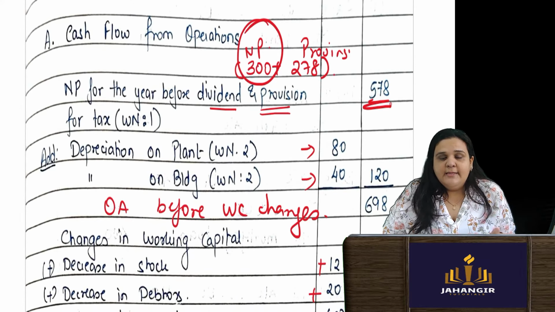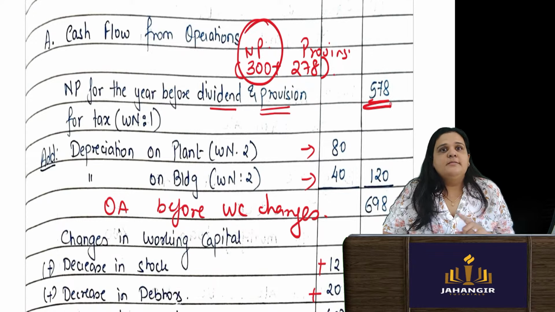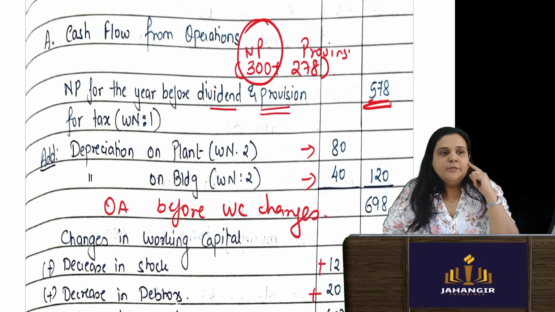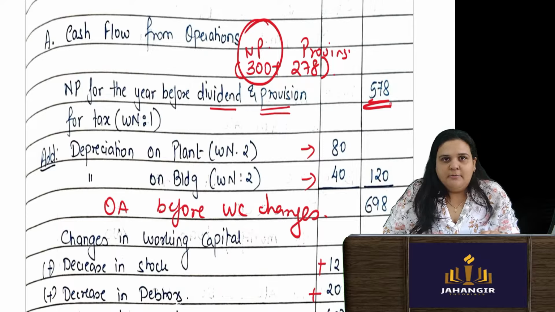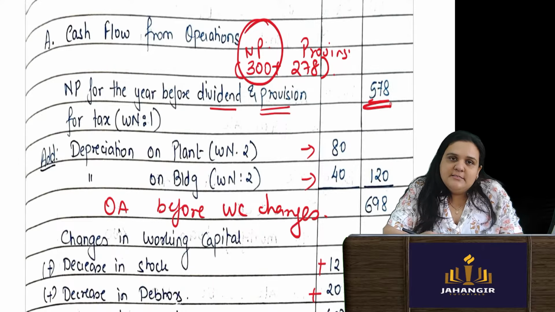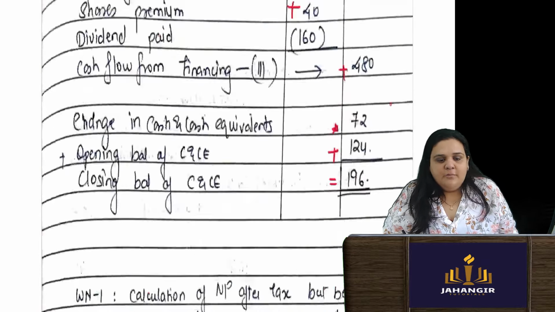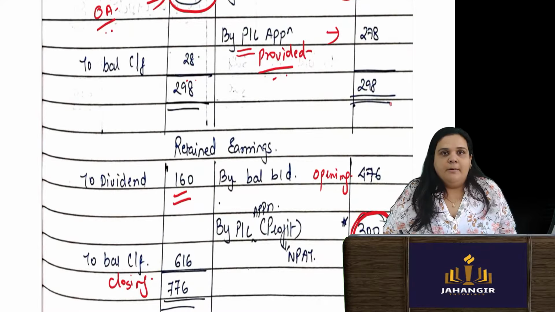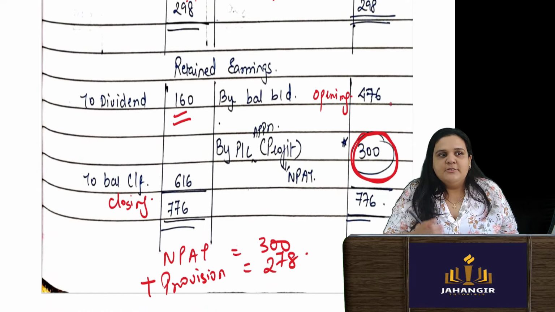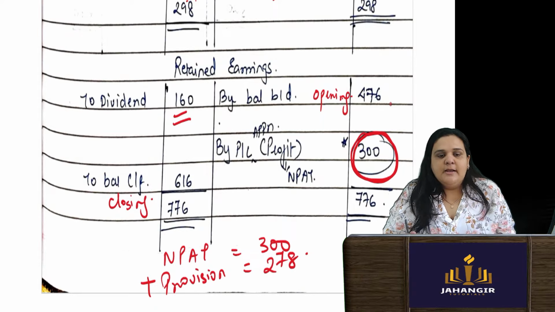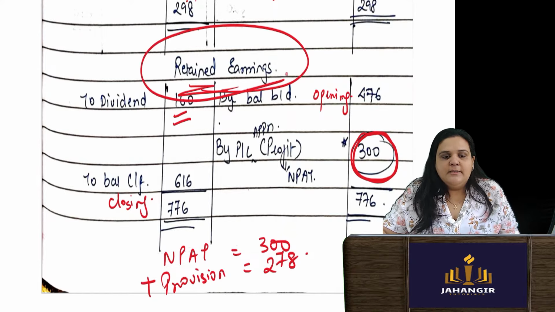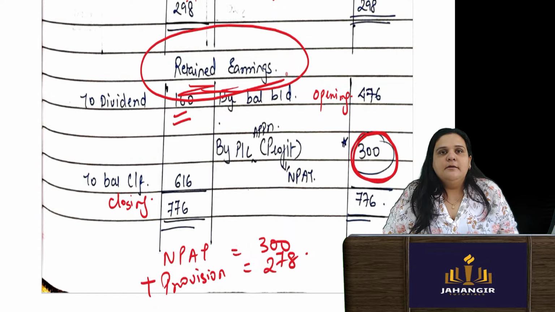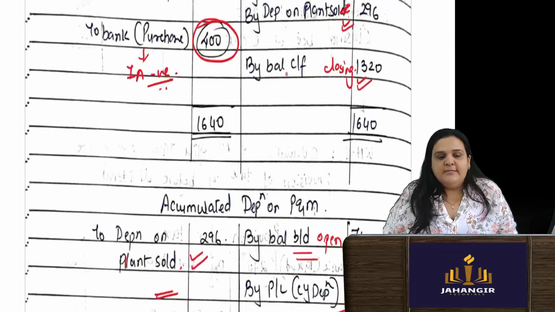I have given you all like this because if you happen to see the model answers of the institute, they have solved it this way. Then you should not come back to me thinking that ma'am you have not done it. Profit, how did I get? I got it with the help of my retained earnings amount. Opening, closing, dividends were paid. So my balance was my net profit after tax. So 300 lakhs, this one, P&L appropriation or retained earnings account. From there I will get the net profit. So net profit after tax is 300.